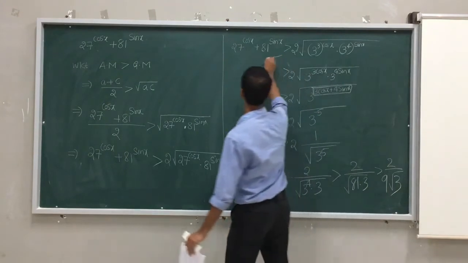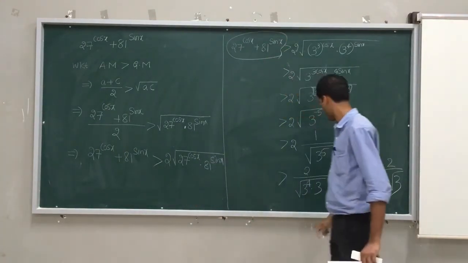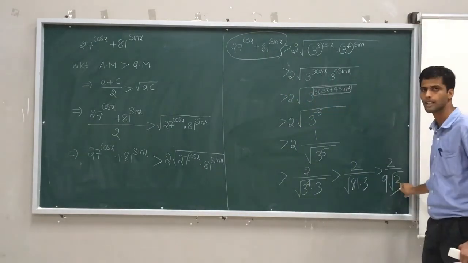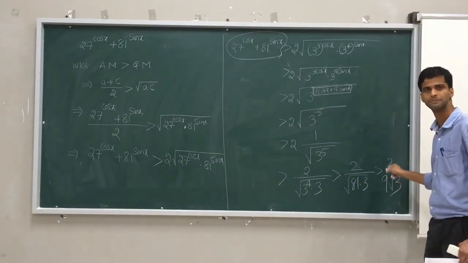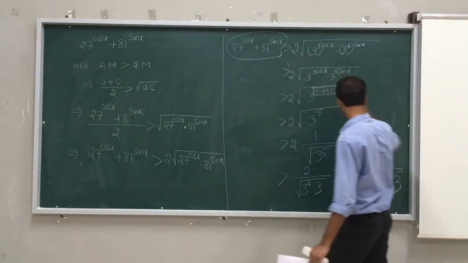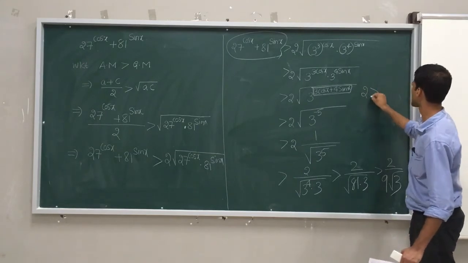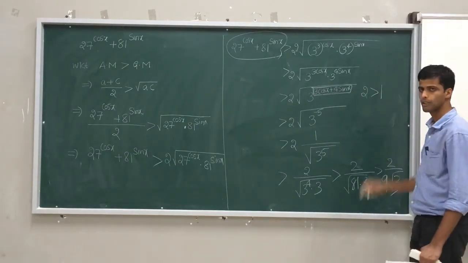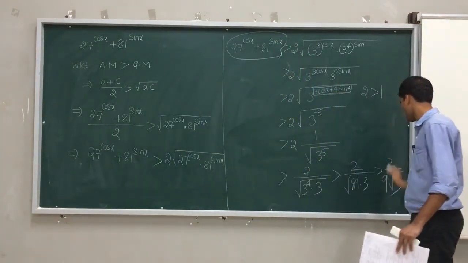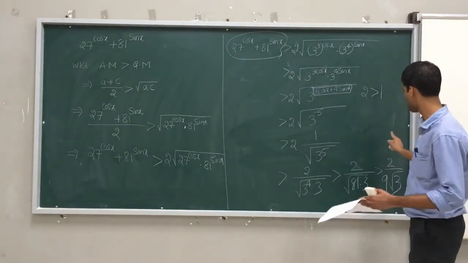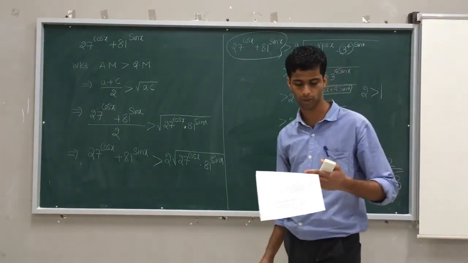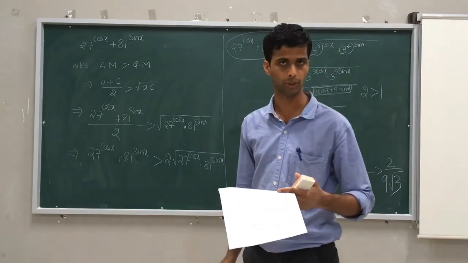So we started from this expression and we got that this expression is more than 2 by 9 root 3, meaning obviously this is the minimum value. What do you say? 2 is more than 1 means 1 is the minimum of 2. Therefore, this expression is more than 2 by 9 root 3, which means the minimum value of this expression is 2 divided by 9 root 3. Yes, it is in option B. Therefore, for the 41st question, option B is the right answer.